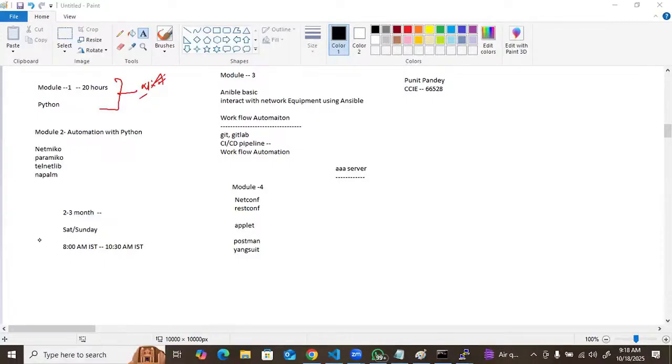We are here for network automation, and why are we learning so much Python? That is required for the next level. You got the point? Some of the basic programs we need to do, because if you don't know how to run a loop, how can we configure 1,000 devices at a time, right? So for the first 15-20 hours, guys, just be with me and think you are in college right now and your college has just started.